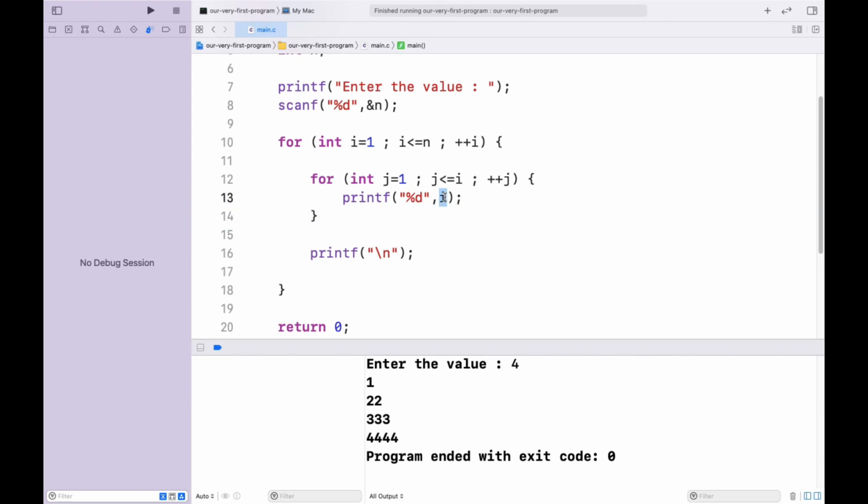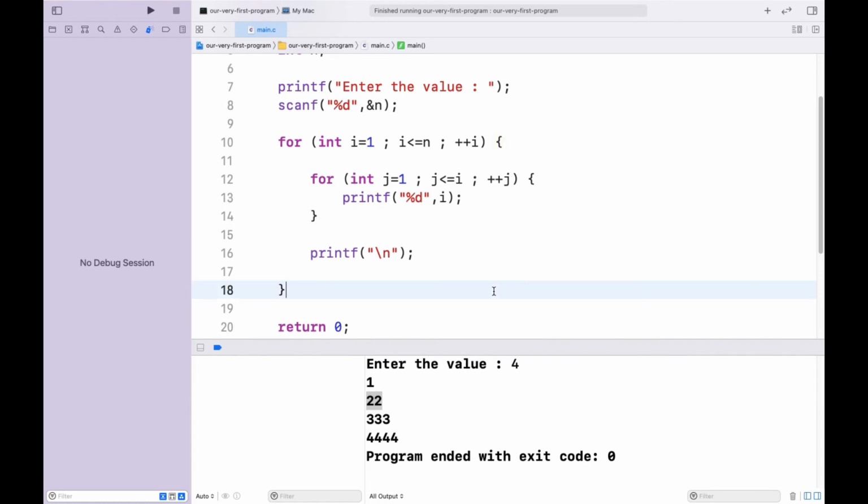So the value of i for the very first execution of this loop is 1, and this loop itself is going to get executed once only. Then for the second iteration, this loop is going to get executed 2 times, twice you can say, and the value of i remains 2 for that. So I guess it is understandable why we are getting this.